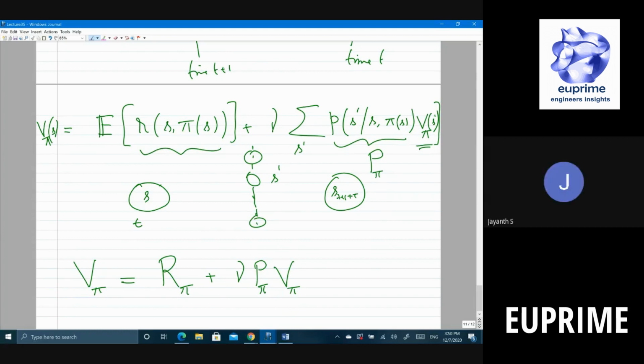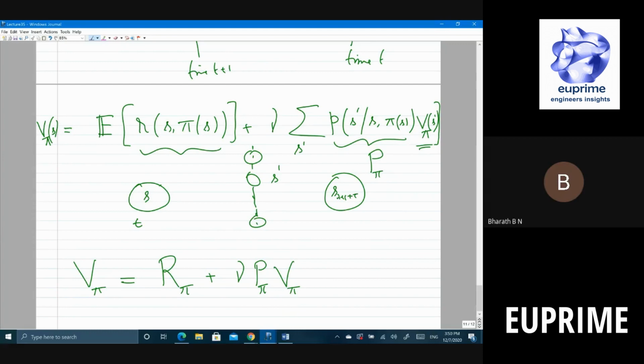Means, sir, for each iteration, I will compute v pi for different policies. Then, is it like that, sir? Means I will see the best policy and choose that best policy. That's what you have to do, right? So if you knew this equation, perhaps you can find for each pi what is v pi and pick the best. That's all you can do. Okay.